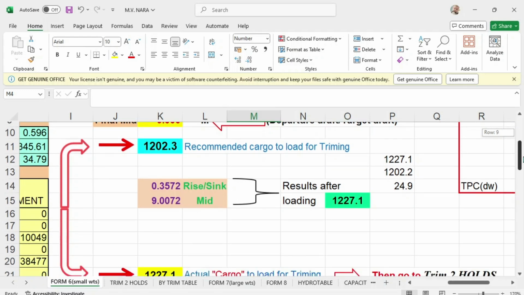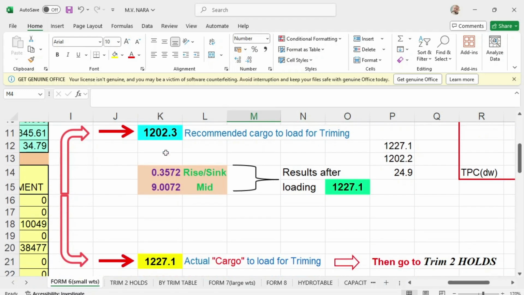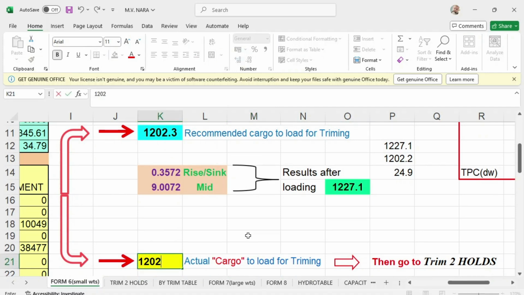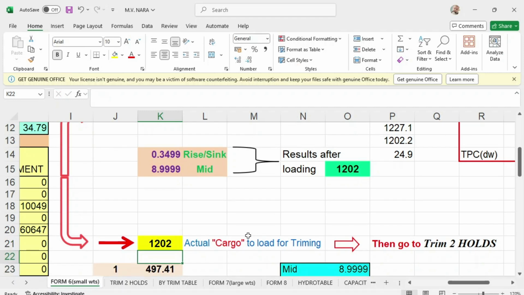If you follow these figures, you load 1202.3. I'll just put 1202 because in actual practice we don't put decimals, we just round it, so we just put 1202.